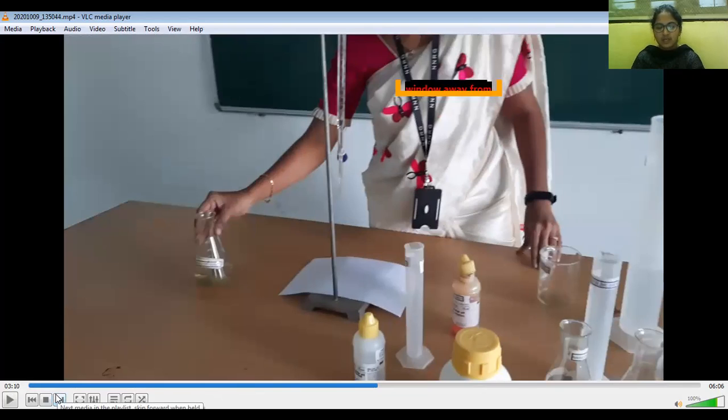Now we see that if an orangish red color is developed, then the sample is titrated with the sodium hydroxide solution. But here the orangish red color is not visible.